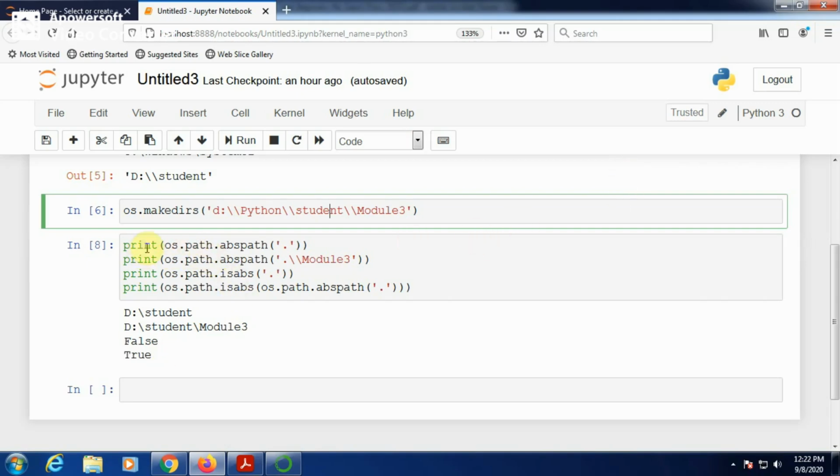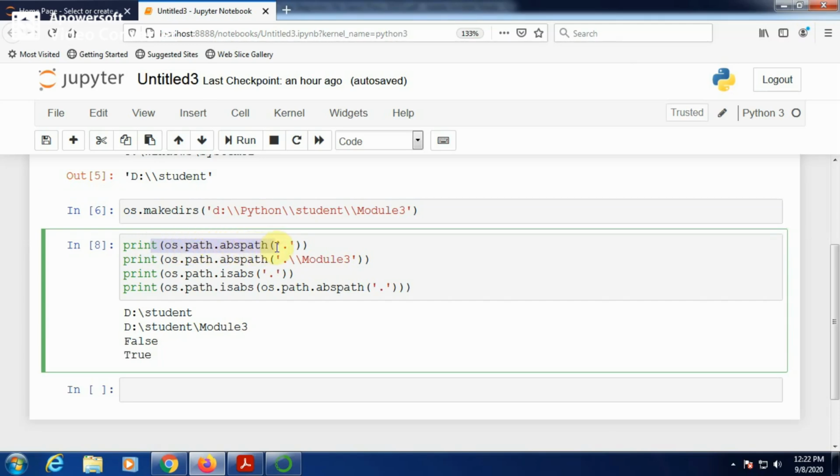Now about absolute path and relative path information printing. If you want to get the absolute path information of the current working directory, then you have to give print os.path.abspath, and dot indicates the current working directory. The current working directory's absolute path will be displayed by the os.path.abspath command.